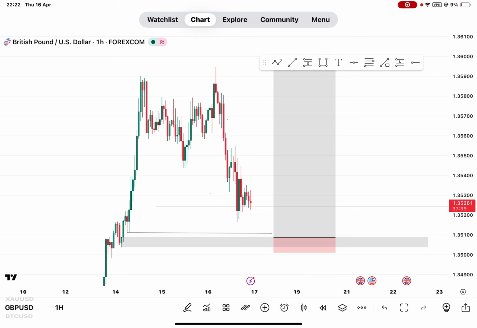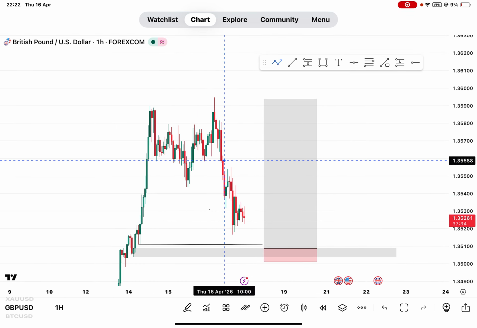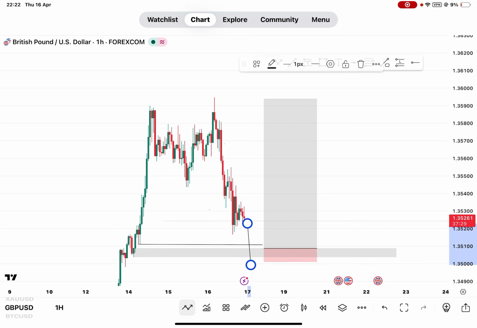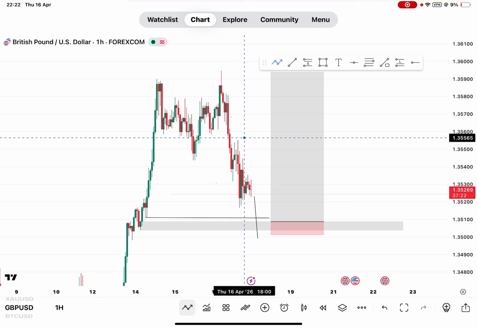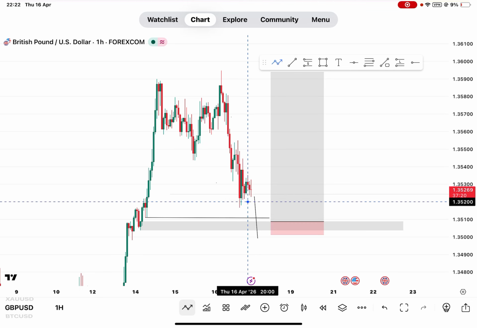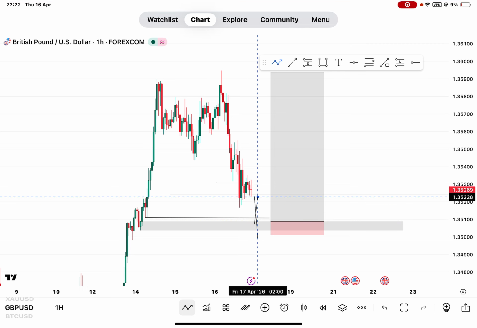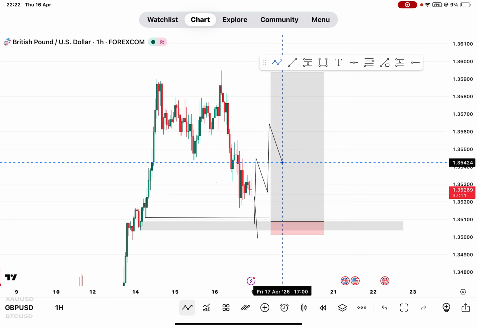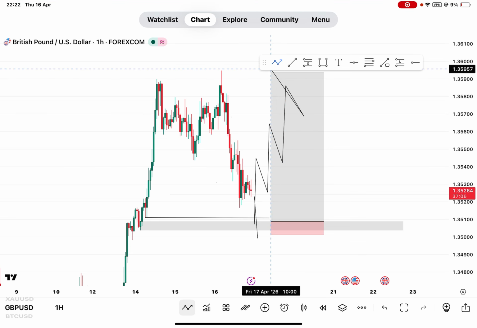But my overall direction is, when the market gets to this place, I expect the market to start going bullish. So if we see the market break out of this zone, that simply tells us that the market has totally turned bearish. But if the market fails to break out of this zone, I will advise you not to take any sell from this zone. Instead, you should be looking for buys in the market. So you can make use of your buys: higher low, higher high, higher low, higher high, till the market takes out this particular zone.